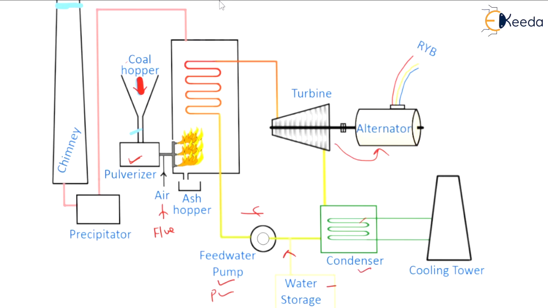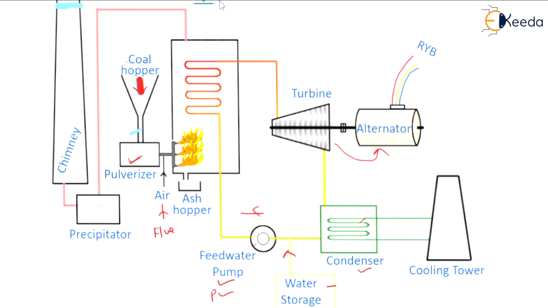This is the condenser, where the gases which come here will be converted into water through the condenser, and fed back to the feed water pump, and then the process will start again. Now this is the precipitator. What does the precipitator do? It consumes all the flue gases, meaning the remaining gases. The flue gases will be absorbed by this precipitator and then transferred to this chimney. So this is the first diagram.